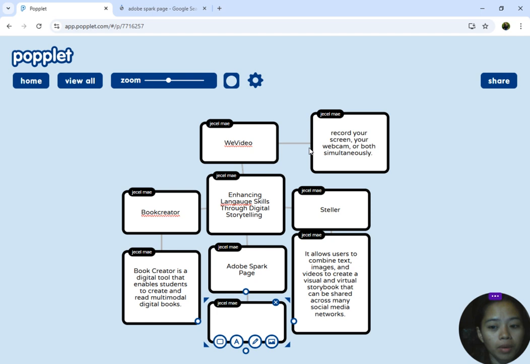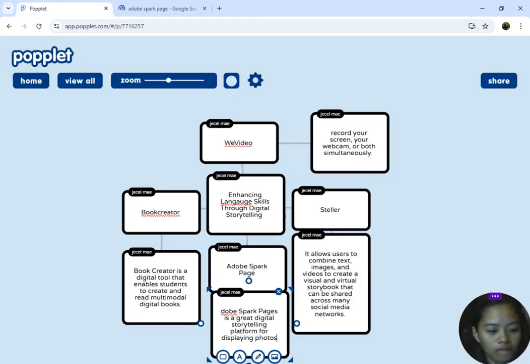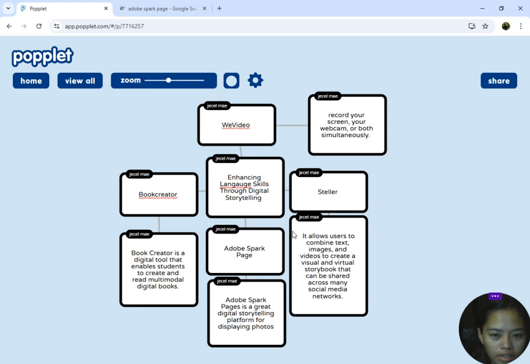So yes, it's just very simple. Okay, that would be all, and the students will just seek more information by searching this tool Padlet.